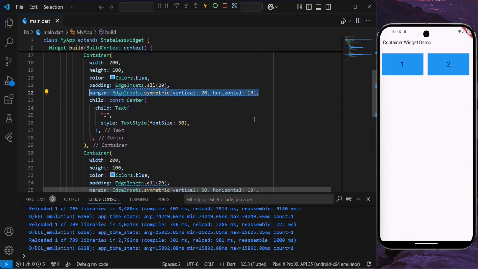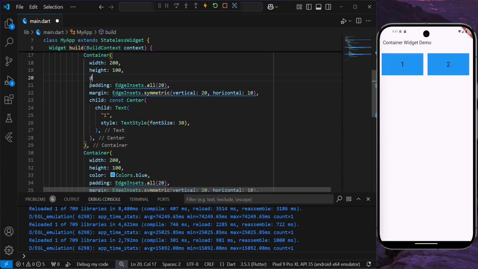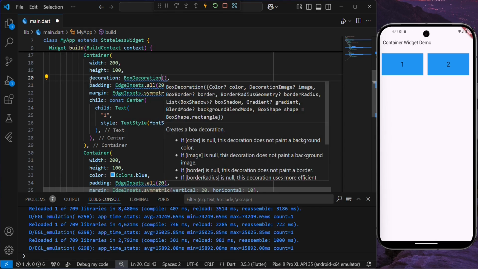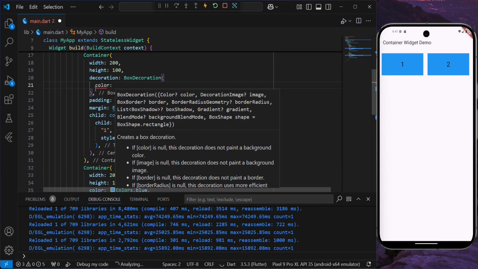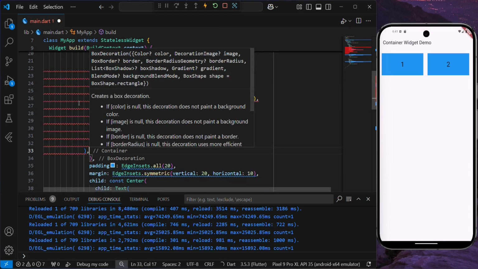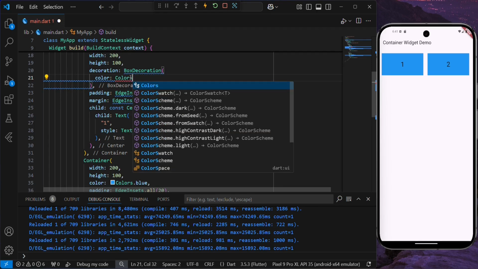Sometimes when you're working on a project, you might not necessarily use color like this. What you use is decoration, and then you write BoxDecoration, and inside this BoxDecoration you can put your color there, just like I did here. You can put your color here. I missed it. Sorry. You can put your color here, Colors.blue,